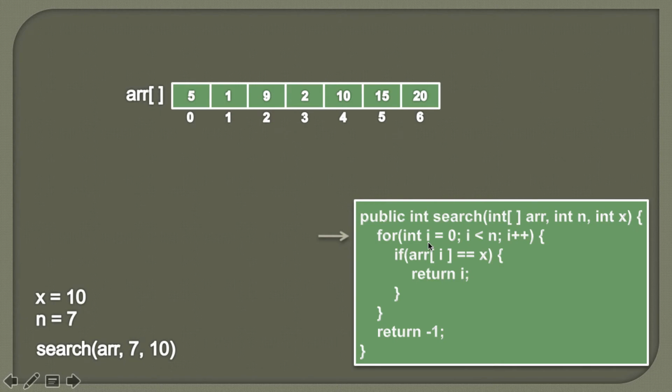So at the start of the for loop i becomes 0. So this i is nothing but the index value of the array. So we'll start from the leftmost element. In the for loop we'll provide a condition that the value at index i is equal to x or not. So here you can see the value at index 0 is 5 and 5 is not equal to 10. Therefore the condition in the if block comes out to be false. So here we are incrementing i by 1. So i becomes 1.